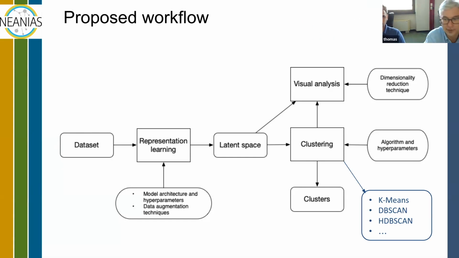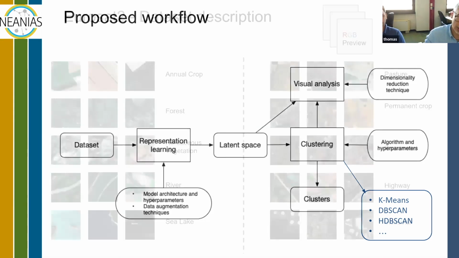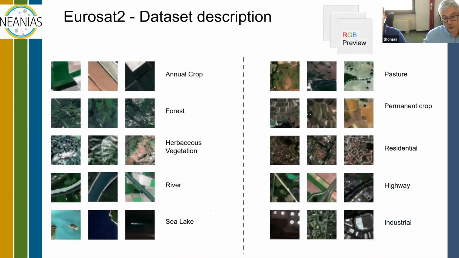Of course, we have the possibility, in case labels are present, to visualize their distribution in this point cloud. But of course, we also want to finally perform clustering and show the user how the dataset can be automatically subdivided in groups according to approaches like the usual suspects, k-means, of course, density-based approaches, or other kinds of approaches. What we're going to show you in a short while through a demo is the application of the service